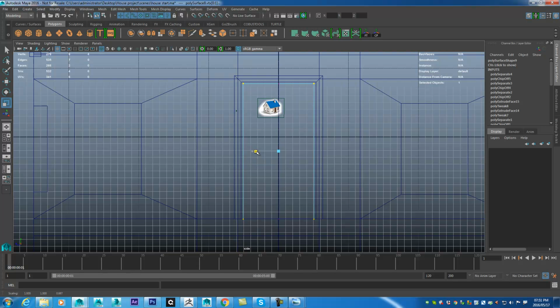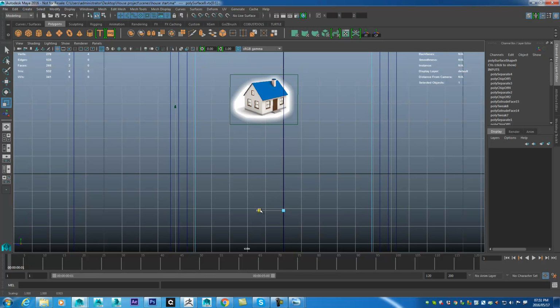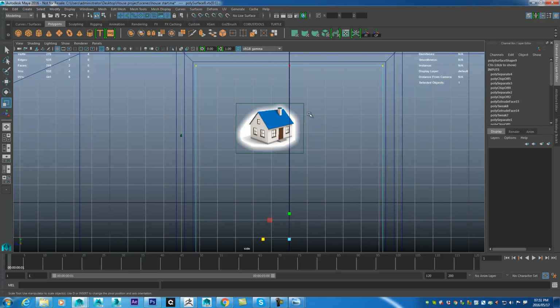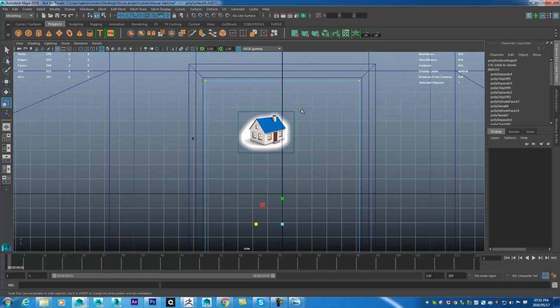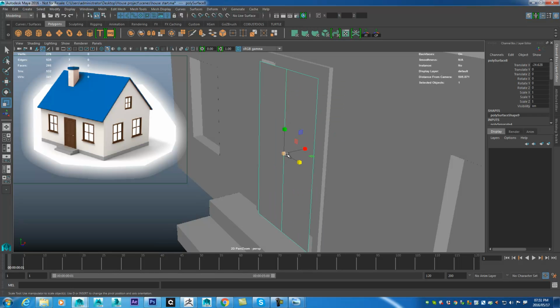I use my scale tool and then pull that in until I have at least more or less the same width from either side of this door. So that's more or less what I was kind of hoping for. Back to my perspective view, you can now see if I were to move this in and out, it's not cutting through that actual framework. So I'm adjusting the position of the original vertices just a little bit inwards because the frame is kind of